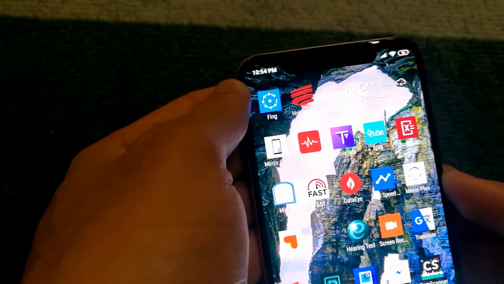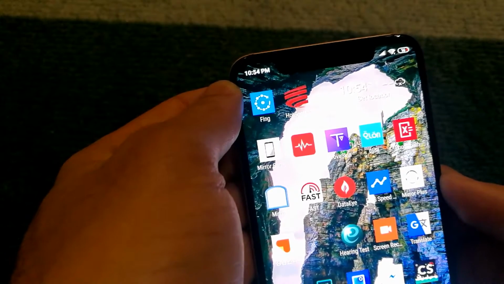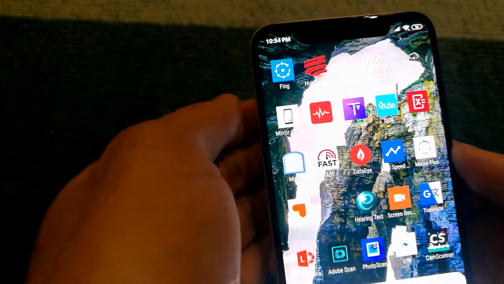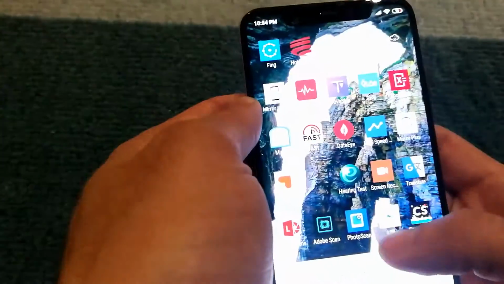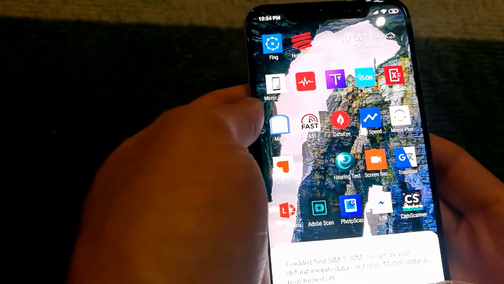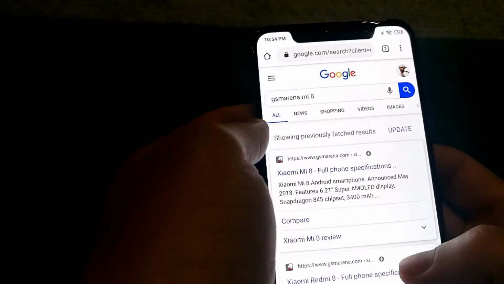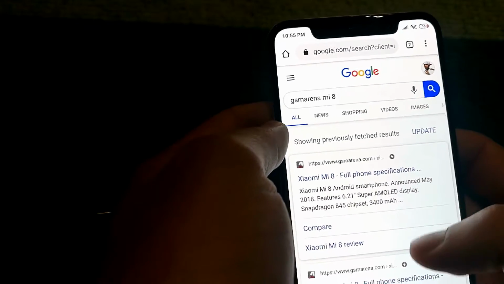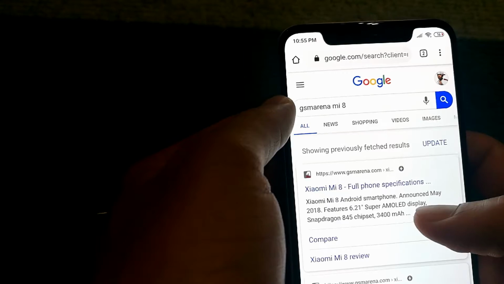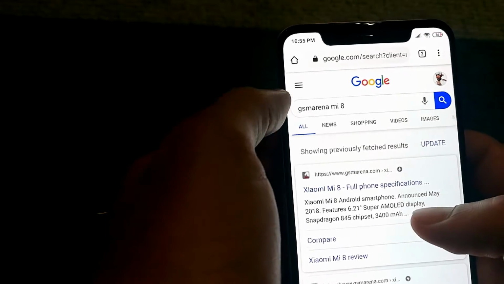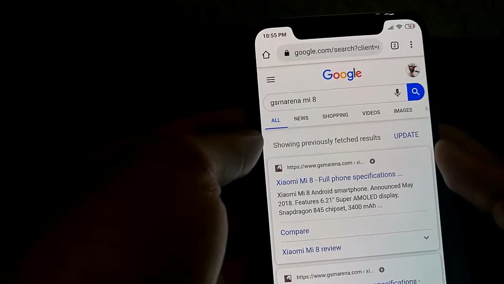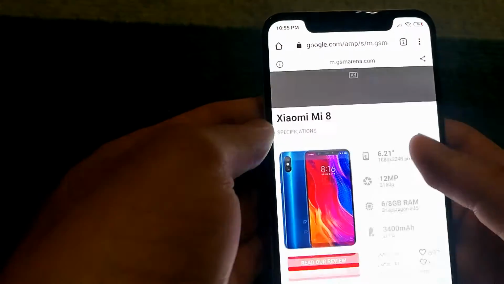In case you do not have any kind of signal still, one of the reasons why that happens is because you have an incompatible SIM card. And to determine that, what you can do is you can actually go into your browser if you have Wi-Fi, or you can go onto your computer and search for GSM Arena and then your phone name. So in my case, my phone is called Mi 8, and I can go into the specification and see